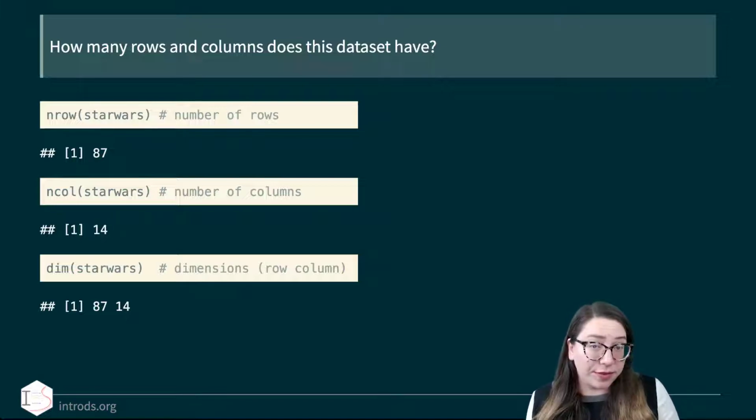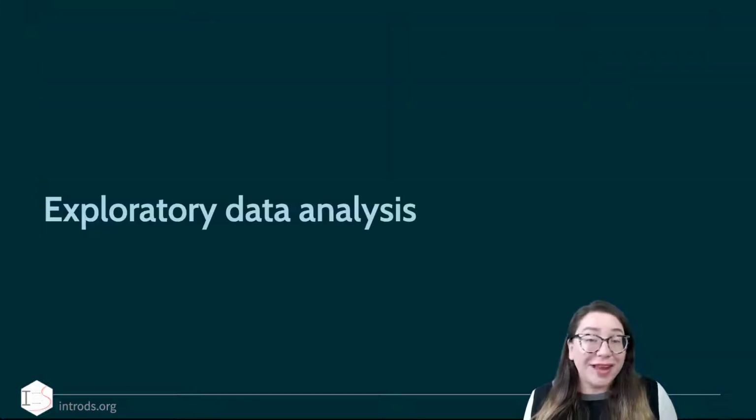Or I can get both at the same time with the dim function, which gives me the dimensions of the data frame. And they're always in the order row and then column, generally the same way that you would refer to matrices. Now that we know a little bit about how data frames are represented in R, let's start talking